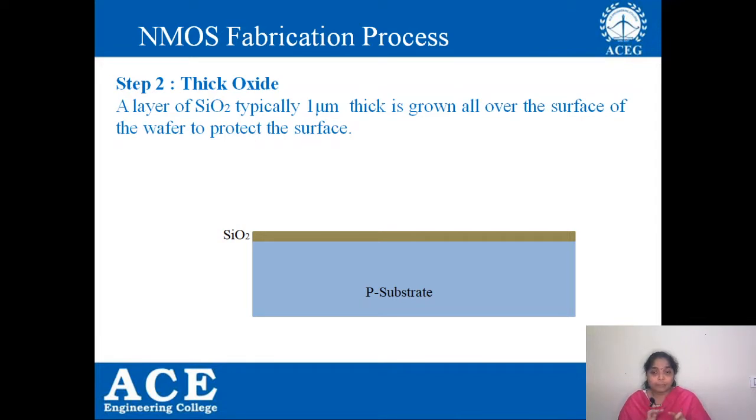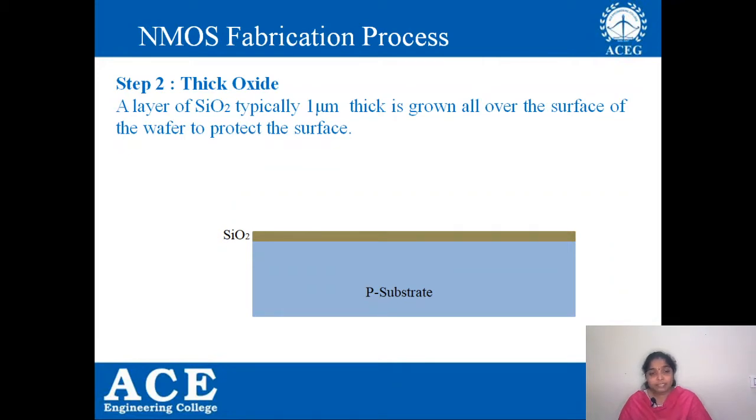Here our plan is we will first fabricate the gate, later we will go for source and drain. So in order to select the area where I require to form the gate, I am going through oxidation and photolithography, right? For the oxidation process, we are going through the thick oxide process.